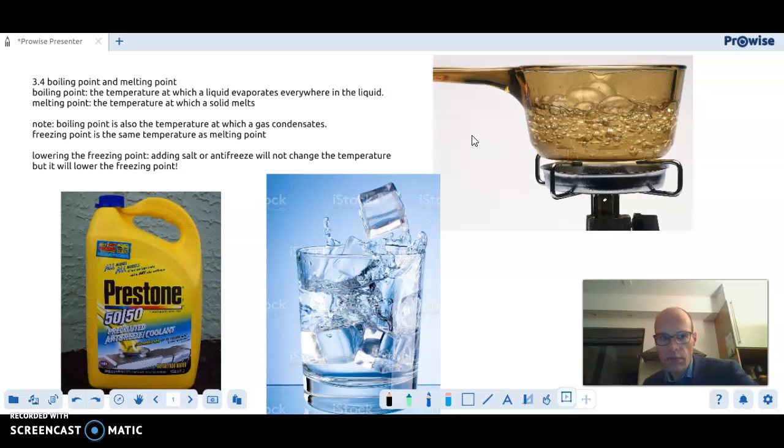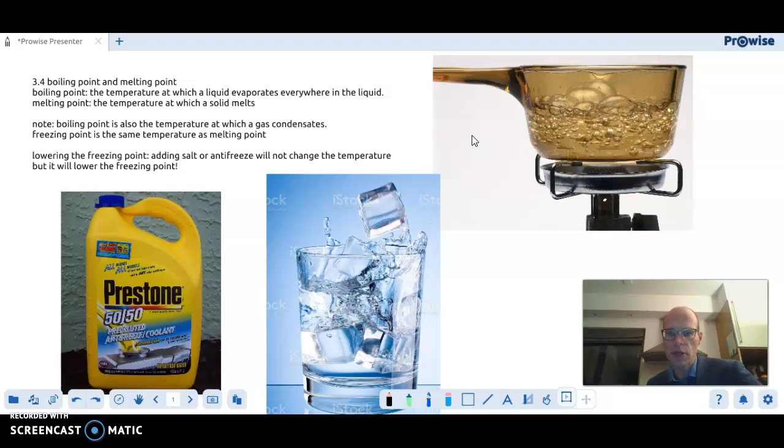That temperature is called the boiling point. So that is the temperature at which a liquid evaporates everywhere in the liquid. And then you could say that the water is boiling, that there are bubbles everywhere in the liquid. We know with water that is 100 degrees Celsius. For other substances, it is a different temperature, and I do not want you to learn that by heart for